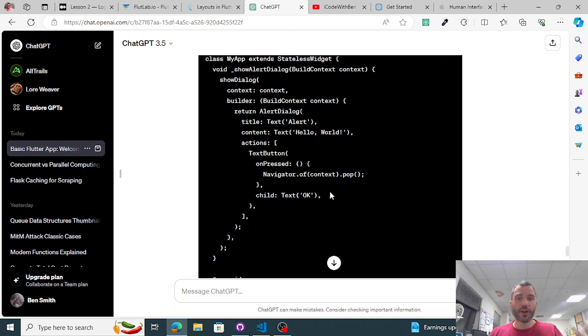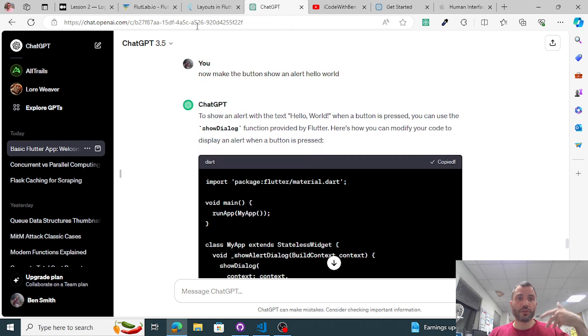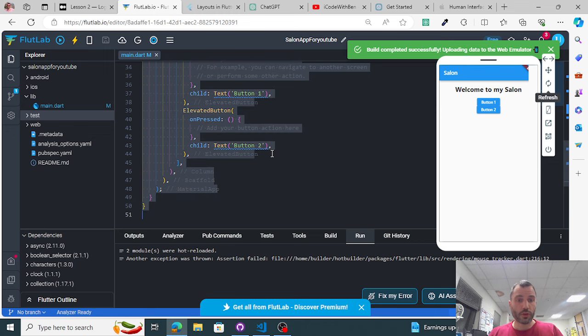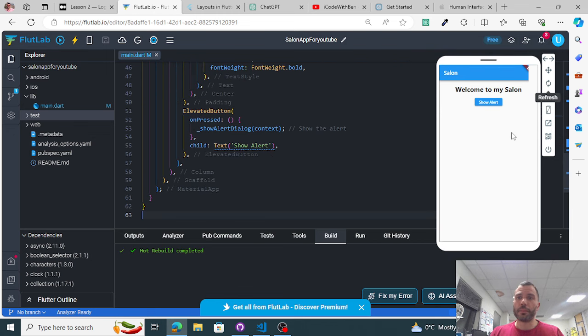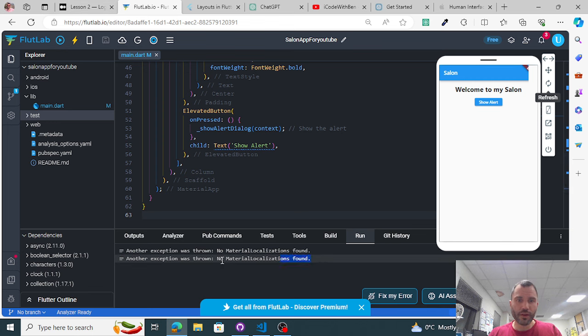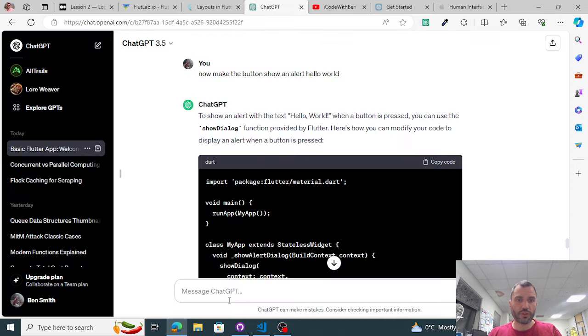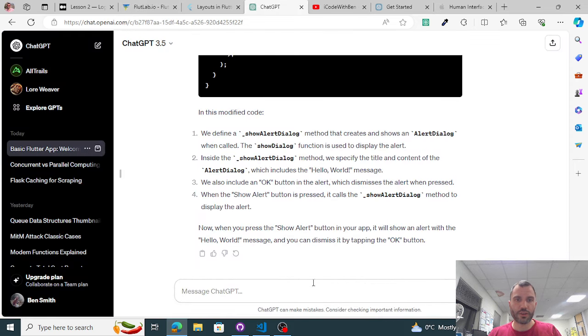It's really not as hard, and I've looked at Flutter code for probably a lot longer than you, but once you get, I copied and pasted that code in there. Now if I push that button, see, now we've got an error, and it says another exception was, so I can just put that error into ChatGPT and see what